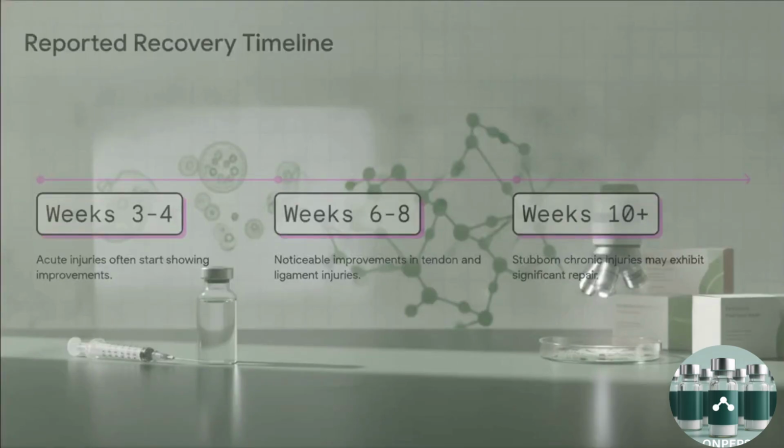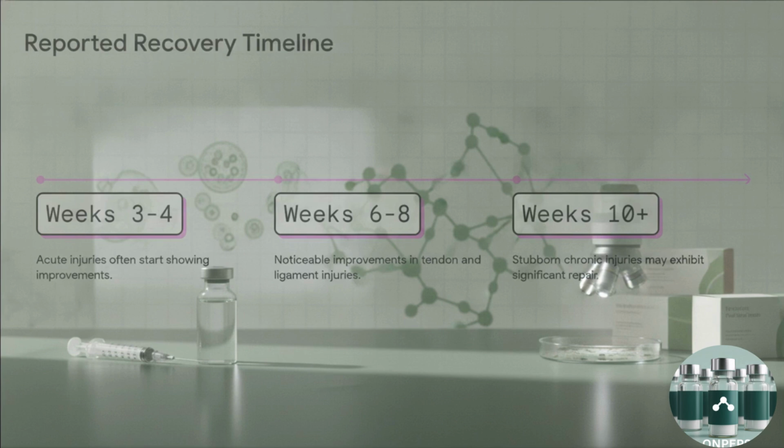When you track the exact user-reported recovery timelines chronologically, a clear pattern really starts to emerge. Anti-inflammatory effects are often observed in the first week. For acute injuries, users generally report improvement starting around weeks 3 to 4. Because tendon and ligament injuries lack direct blood supply, they take a bit longer, showing noticeable improvements between weeks 6 and 8. And then long-term, stubborn chronic injuries typically require the full 10 to 12 weeks of the cycle to